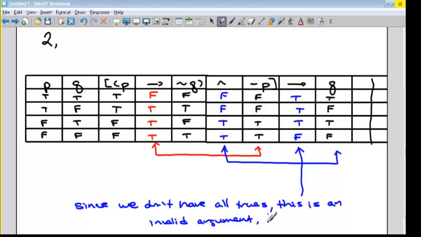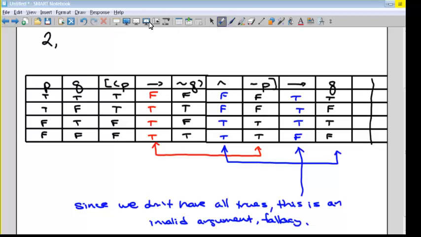Which we call a fallacy. Now, if I had gotten all trues, then I would say, since we have all trues, this is a tautology, and therefore this is a valid argument. So it's either one of the two. If there are falses in here, then it has this result. If it's all trues, then we say,